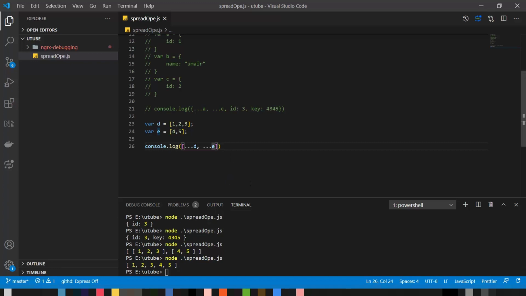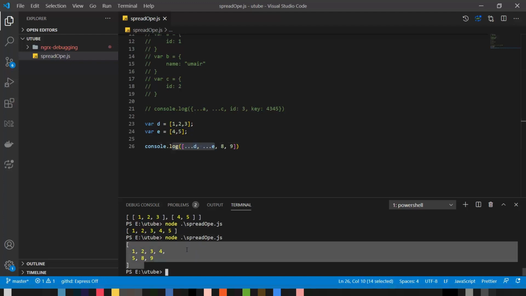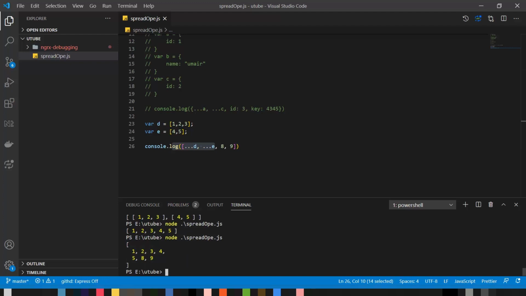So just like objects, we can add further values to it. So let's say 8, 9, right? So right, so now you can see that it has merged 8 and 9 along with the other values, like merging this thing, and it has converted it into one array, right? How cool is this, guys? So this is how you can use arrays for using the spread operator. And